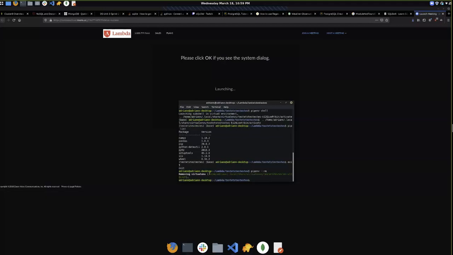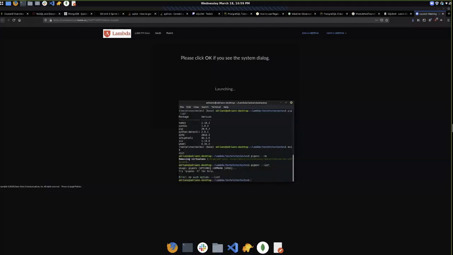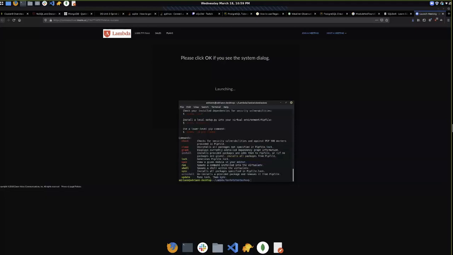Okay, so this is where everything is stored. I think pipenv --list shows all of your virtual environments. Yeah, just looking at help.